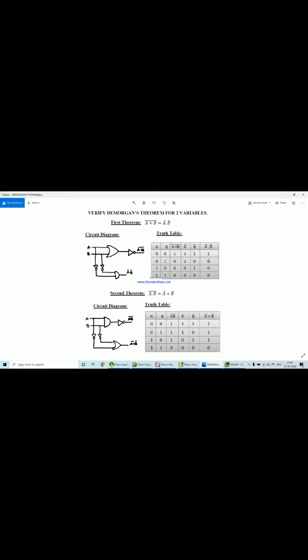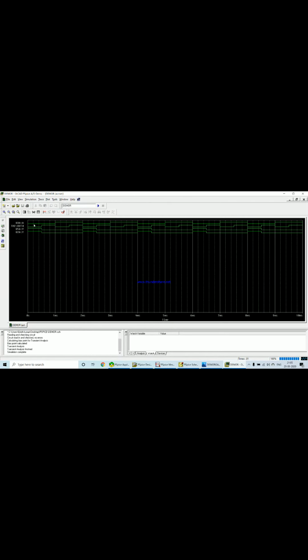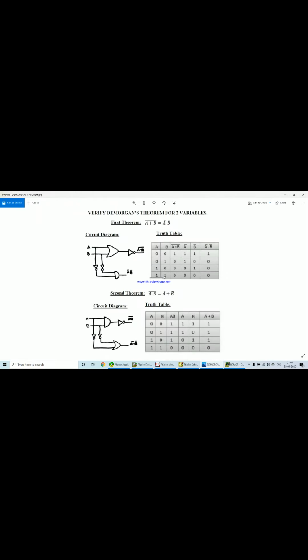Now I need to see this 1 0 0 0 for both X and Y, for the inputs 0 0, 0 1, 1 0, 1 1. So we'll go back to the waveform. See, the first waveform says this is 0, this is 0, where the output is 1 1. Only for 0 0, A plus B the whole bar is 1, and A bar and B bar is also 1.